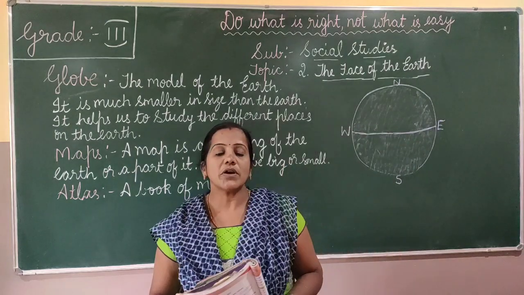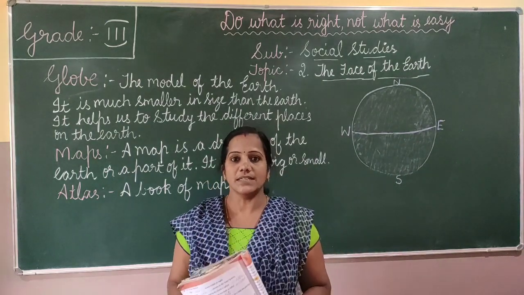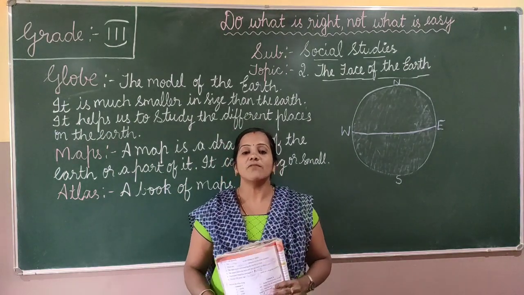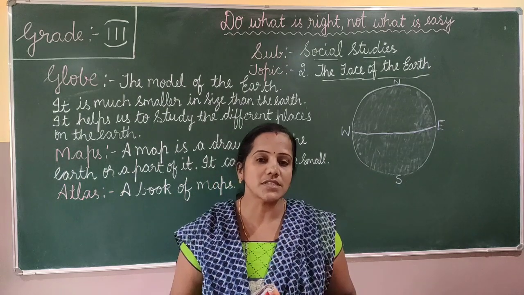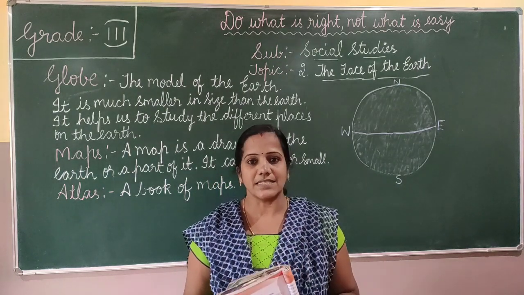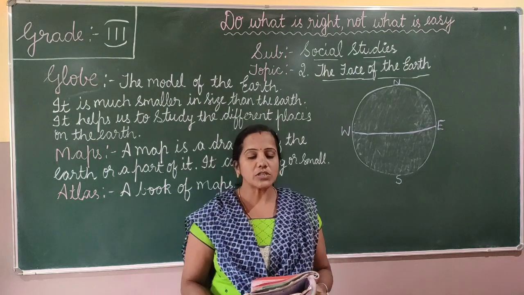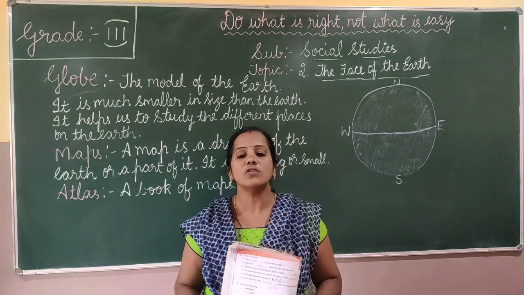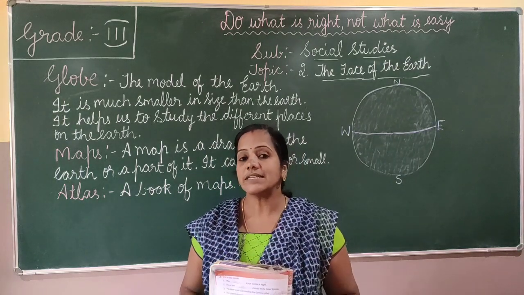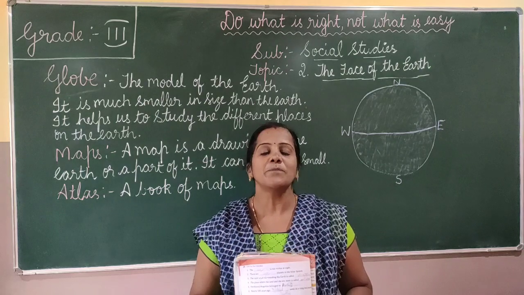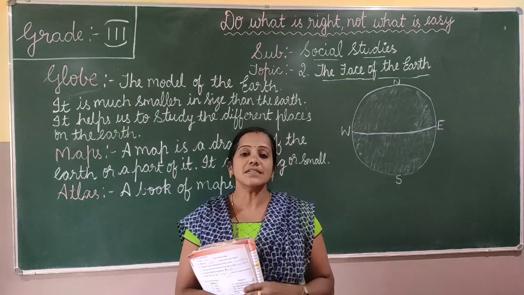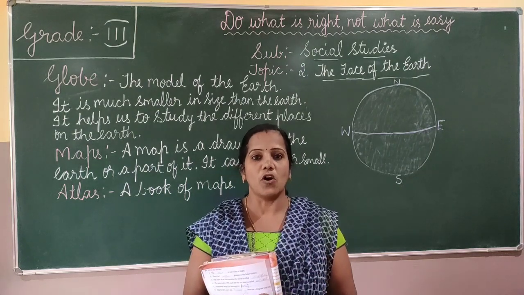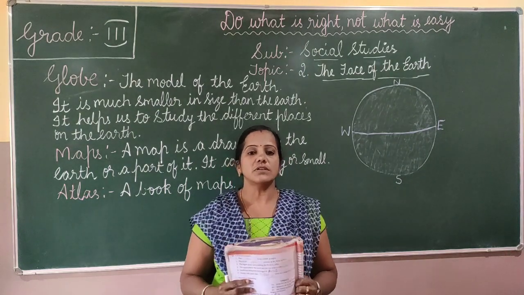So in the last class you have already learned about the earth, is it? So earth is our planet and it is the third planet, and what is the shape of the earth, all those things you have learned in the last lesson, is it? So in this lesson we are going to learn in detail more about the earth. Okay, so you all know what is the shape of the earth, whether it is flat or it is round like a ball. Yes, the shape of the earth is round like a ball, is it? So it is a very huge ball. So in detail we are going to learn about this.